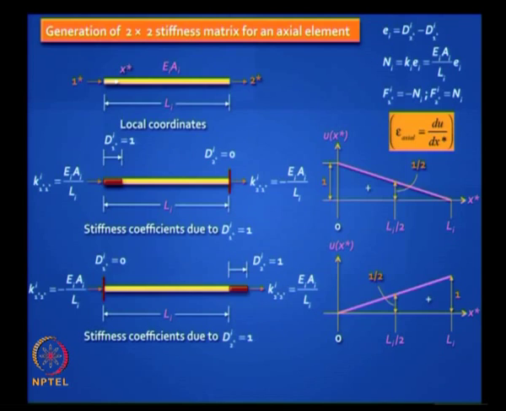And what will be the stiffness matrix here? It is a 2 by 2 matrix, the element stiffness matrix. What are its components? It is simple, it is EA by L. So there are no zeros here, it is a full matrix, but it is symmetric. All stiffness matrices are symmetric and square, no question, but there is something special about this. It is singular. Why is it singular?